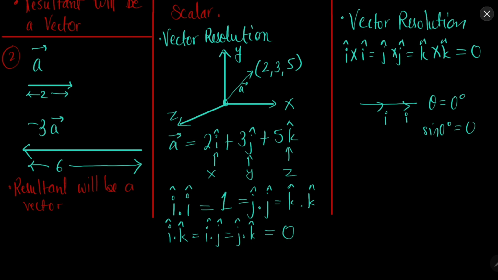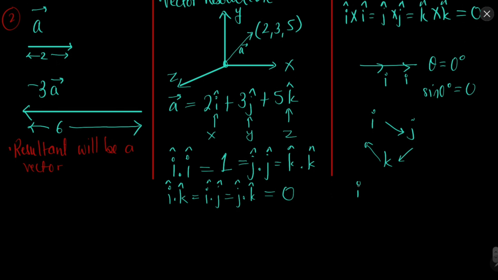Okay. So before we go any further, there is this standardization of i, j and k. Follow this sequence: i, j and k. First let's multiply i cross j. What will we get? We will get the k vector. Why? Because which vector is perpendicular to both i and j? It is the k vector. The z axis is perpendicular to both the x and y axis. Now which vector is perpendicular to j and k? It will be the i vector. And which vector is perpendicular to k and i? It will be the j vector.